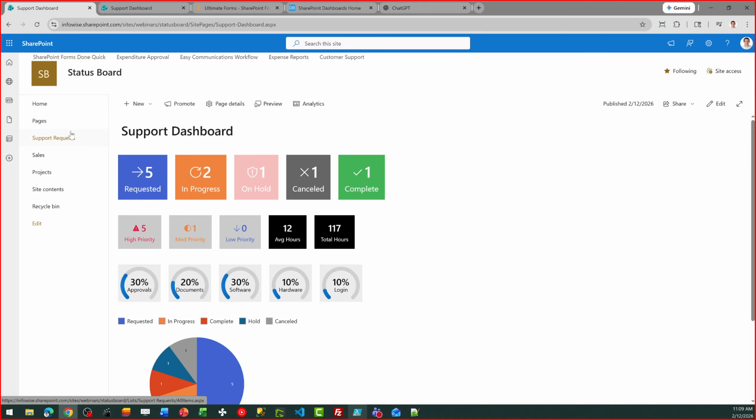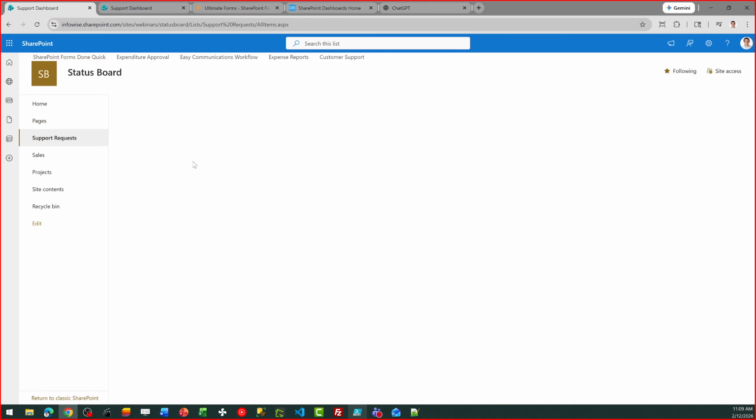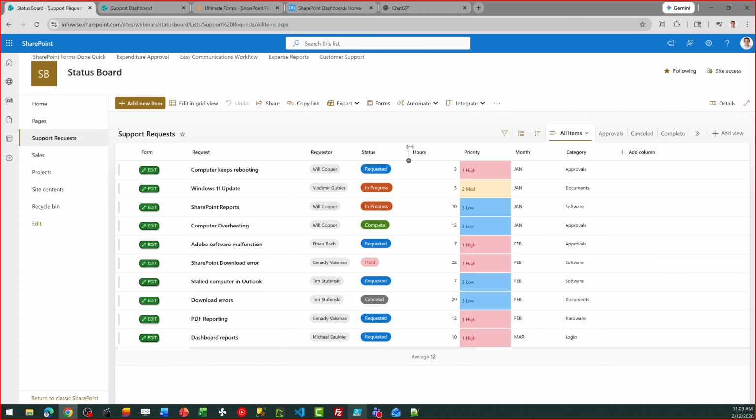Oops, I got the same page open. Okay, so let me go to support requests, and I'm going to show you a little bit about how this gets set up. So with our tools installed, it will open up this